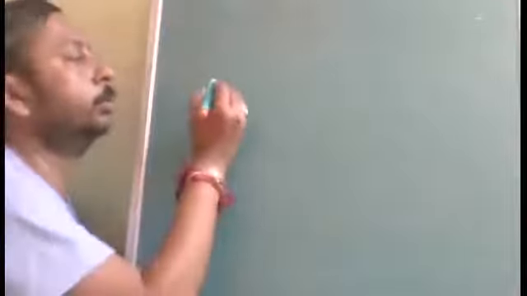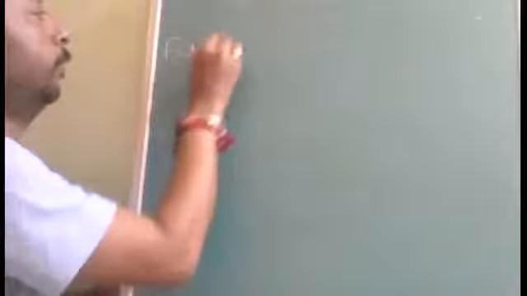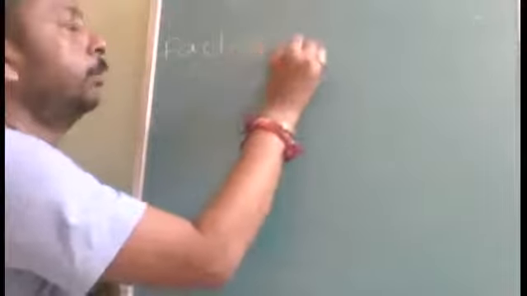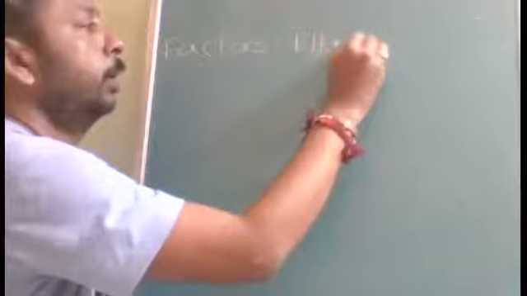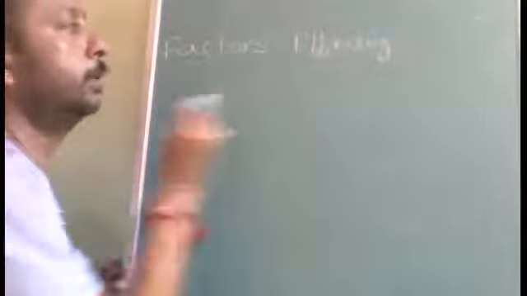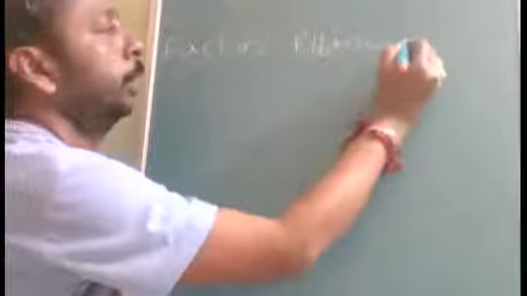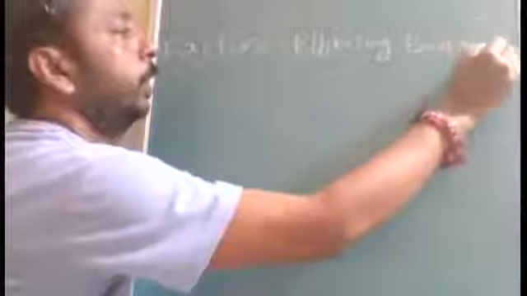Okay, so the main thing is factors. The definition is not that important, the units are not important. The only thing important is factors. So if I'm stressing that, go in that direction only. Factors affecting bond angle, and what you have to do is arrange them in sequence. You have to follow that. Affecting what angle? Bond angle.